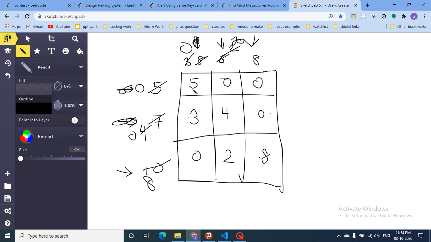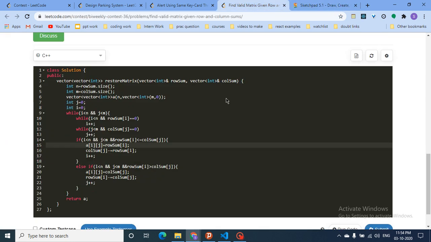And now as you can see, this is a valid matrix, because the row sums are 5, 7, 10, 8, 6, and 8, and these are the starting values which are given to you. So this is how we will fill using the 2-pointer approach. This is a valid matrix. I hope you get the point of how you are filling this matrix. We will move on to the code part now.